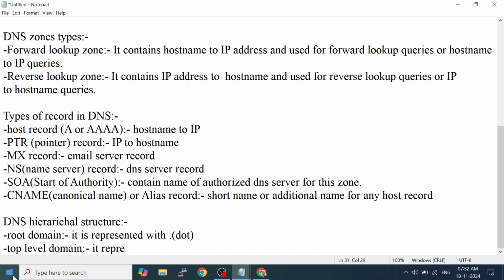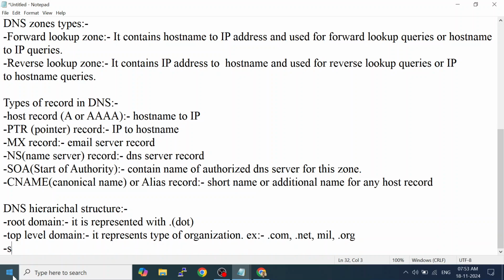It represents the type of organization. Example: .com, .net, .mil, .org, and so on. So these all are top level domains.